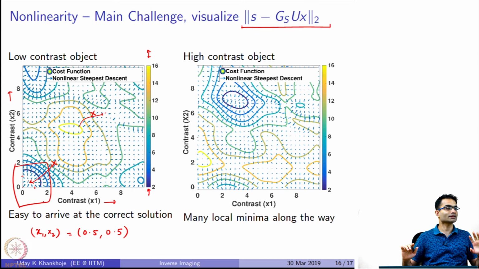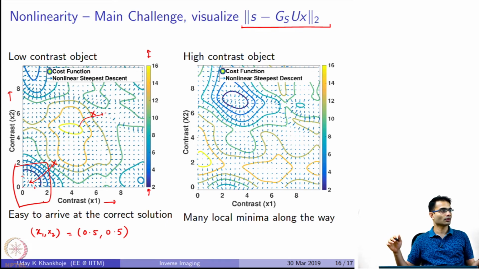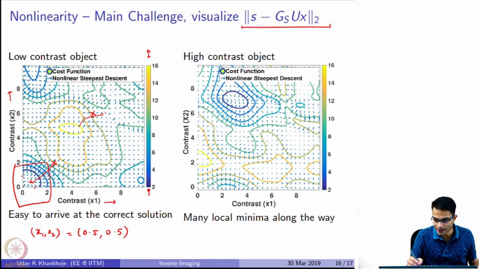But since the literature started with the theory of Born approximation, they always started with 0, 0. So they always reached the correct answer, and they got satisfactory answers. And then at some point they realized, oh, realistic tissue need not have very small values of contrast, but our methods are failing. Because you made a simple 2D problem of it, you can see this and tell why it is failing. It's failing because there are so many hills and valleys in between that you are not able to reach the correct answer. And we can see that in the next problem on the right, where the true answer x1, x2 is equal to